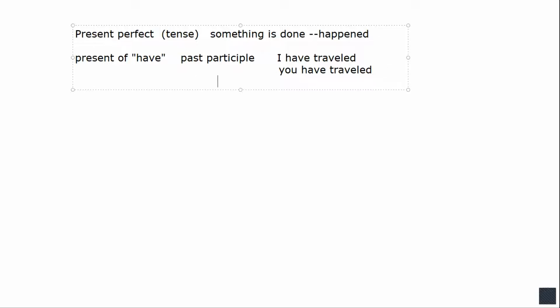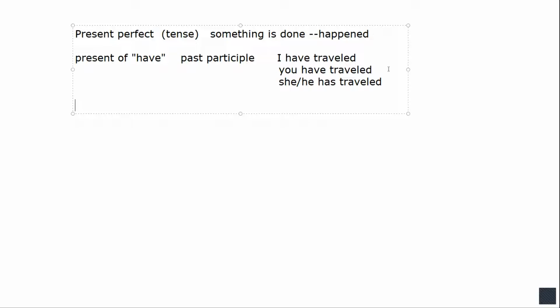Or let's see the other version. She or he has traveled. So in English, it's going to be have or has. There's the present part, the have part. And we pair it up with an activity. And when we pair those two up, it means something happened. Could mean kind of recently, could mean, at some point I have done it. So have traveled, that means we're going to have to take a special verb for have.